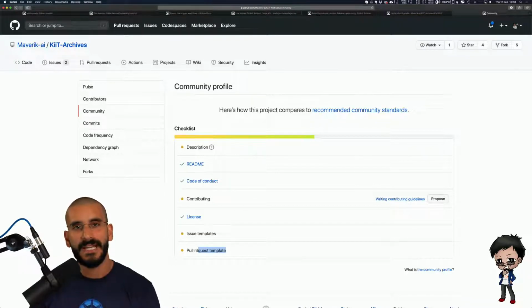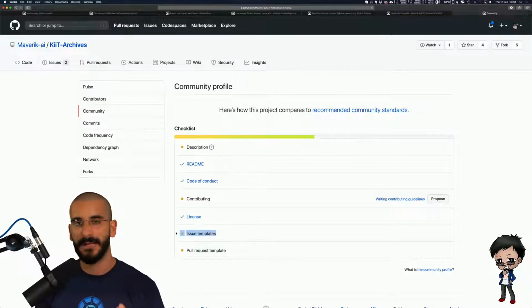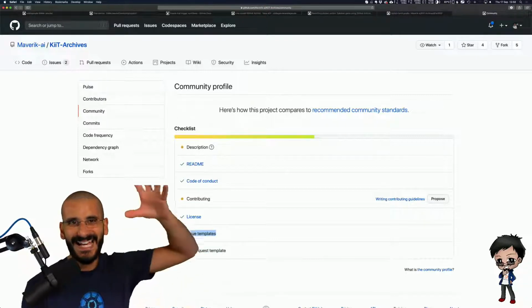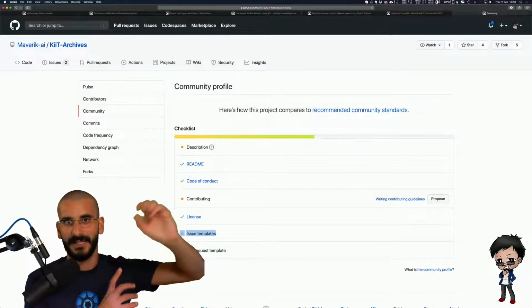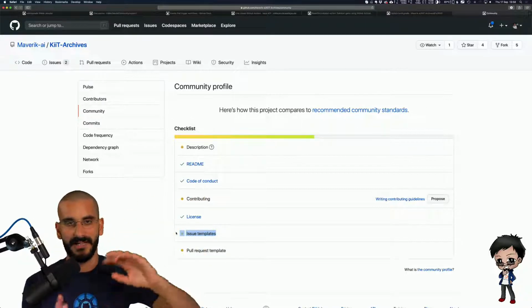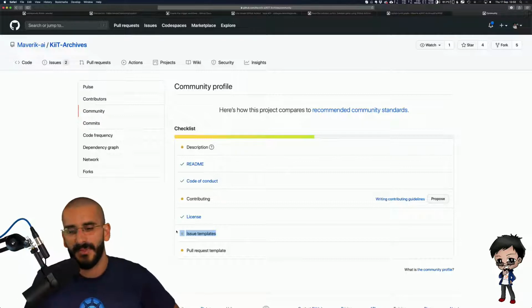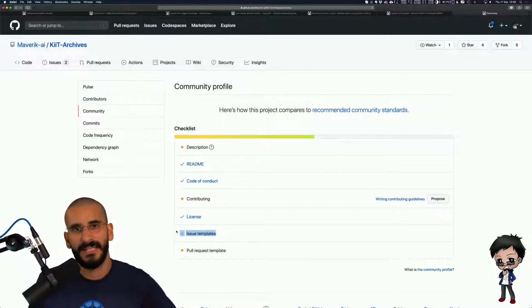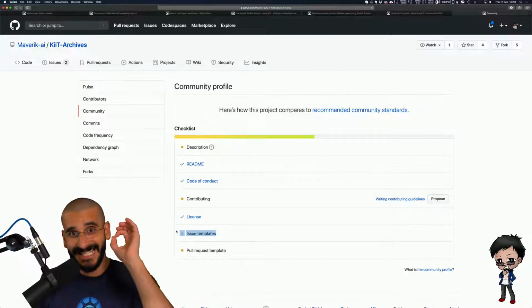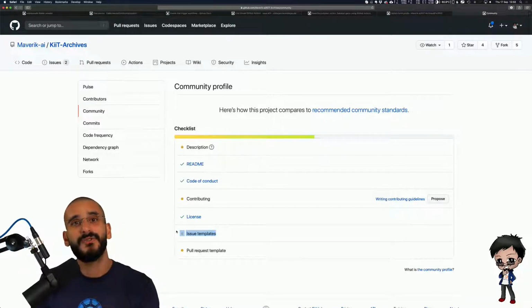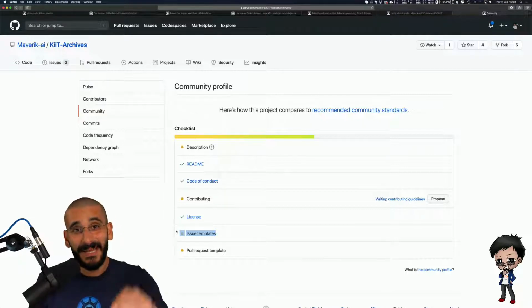And don't worry about getting it absolutely perfect. Say, for example, you want to do an issue template. Don't worry about writing 10 lines of message, please include your browser. Is it a bug? Is it not a bug? Just write one line. And you may think, well, the project maintainer is not going to be happy with one line. The project maintainer has got no lines at the moment, zero. So even if you write one line in an issue template or pull request template, it is better and adds more value than they have now.